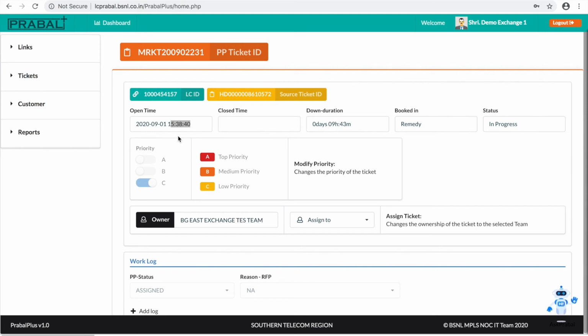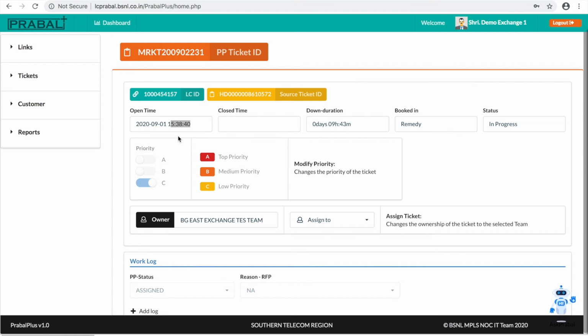The data is already available. The fault data is extracted from the external system such as Remedy or CDR or KU band system, and we will get the LCID from the fault tickets, and we will compare it with the link master data received from CDR. Then we will find out the corresponding exchange code of the ticket.